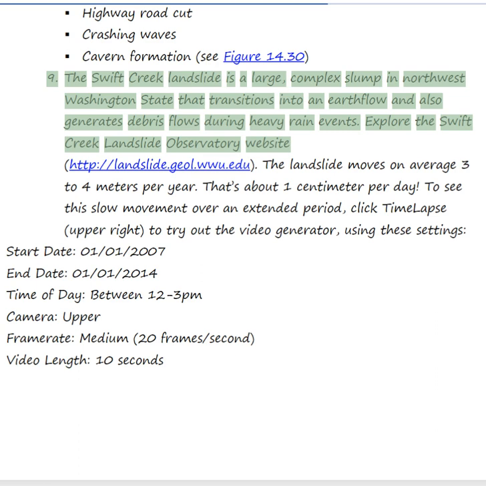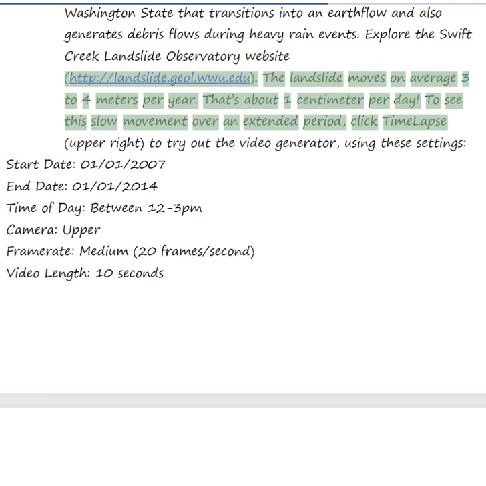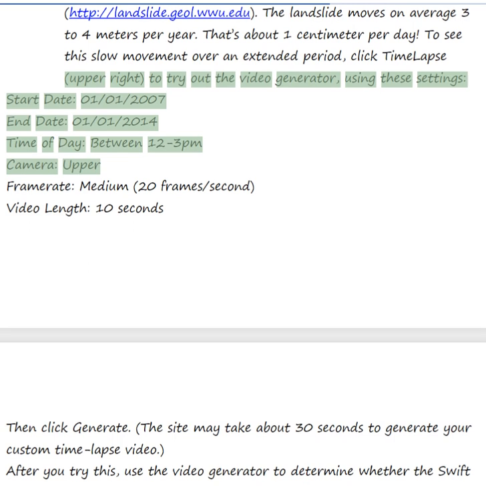Explore the Swift Creek Landslide Observatory website. The landslide moves on average 3 to 4 meters per year. That's about 1 centimeter per day. To see this slow movement over an extended period, click time-lapse. To try out the video generator, use these settings: start date,